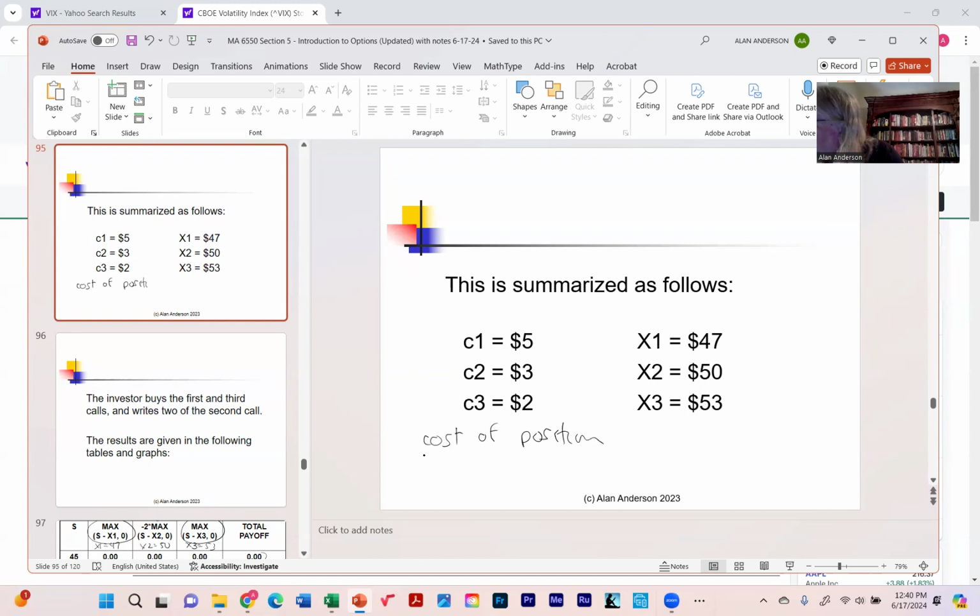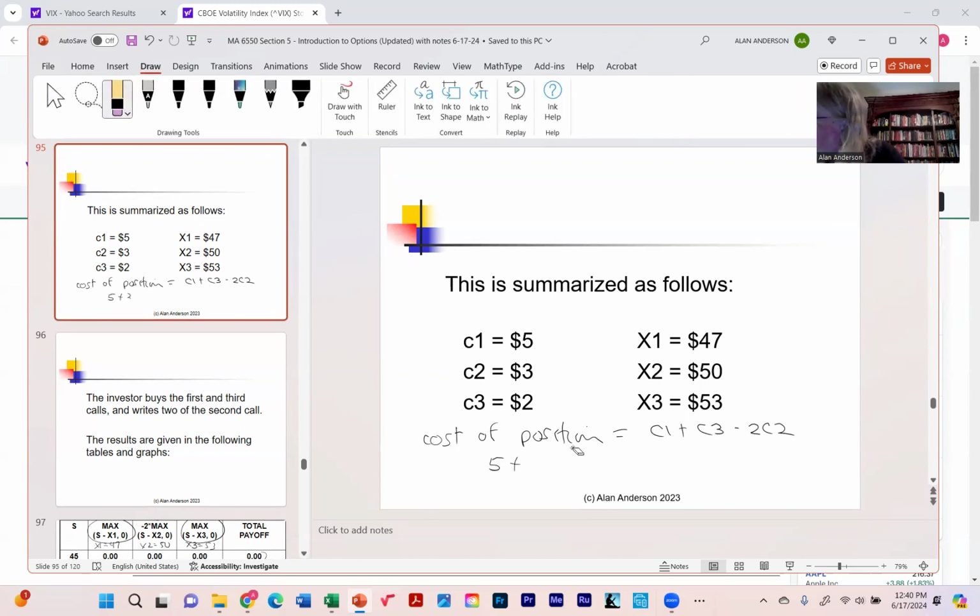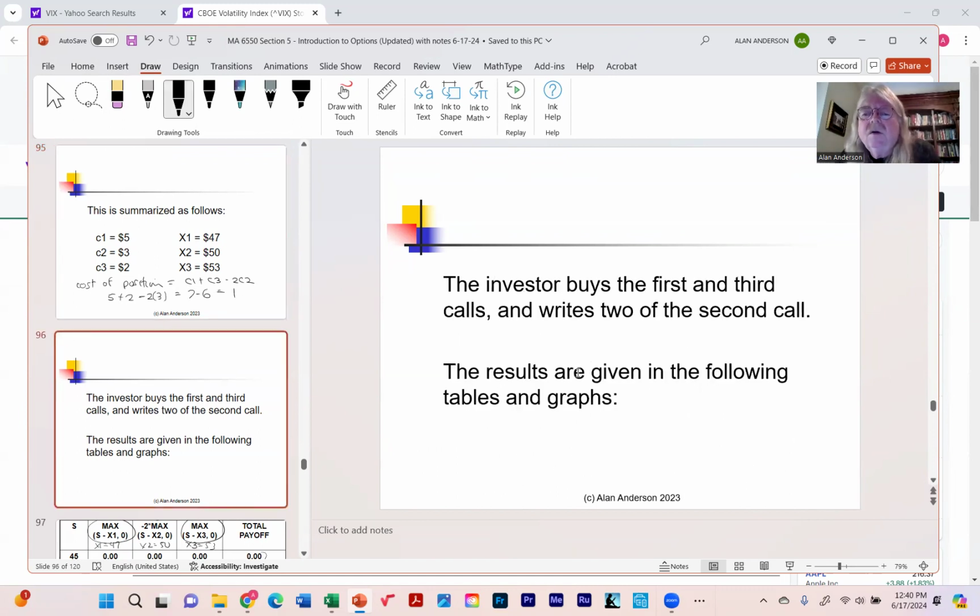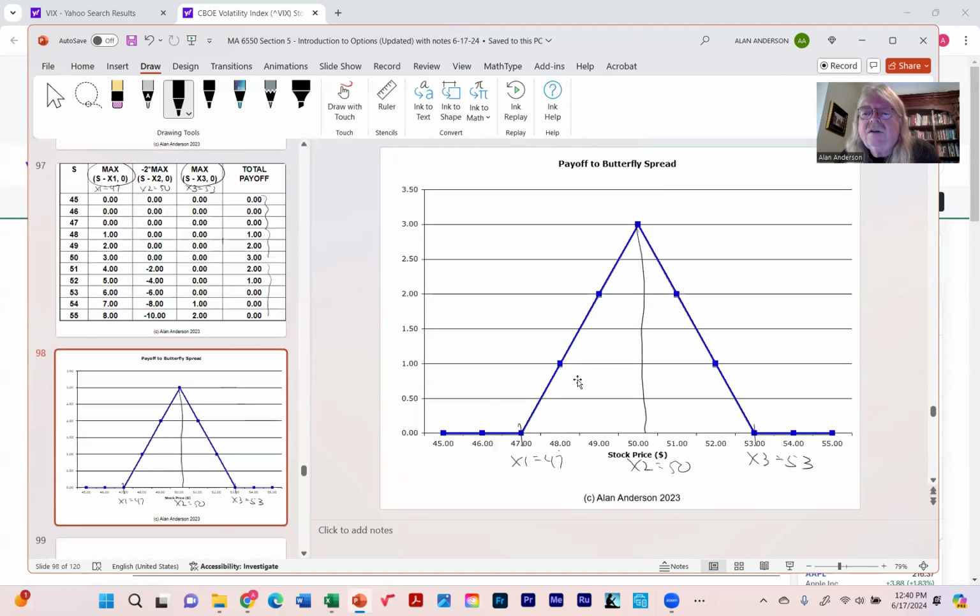We had to pay for C1 and C3, but we collected the premium from C2. So it's going to be 5 plus 2, minus 2 times 3, which is 7 minus 6, $1. This position only costs us $1. So when we include that in our calculations,